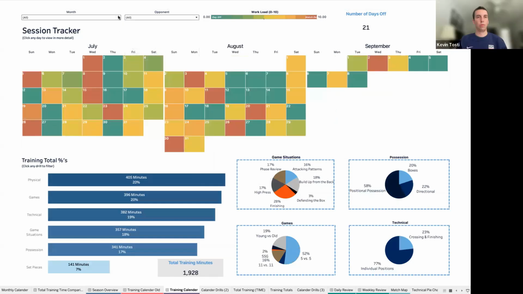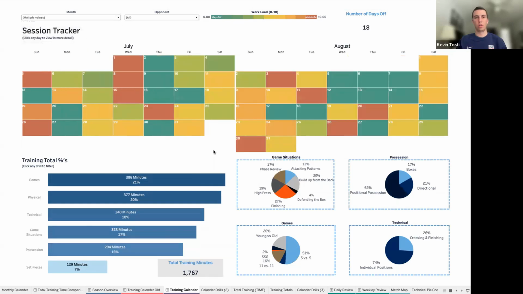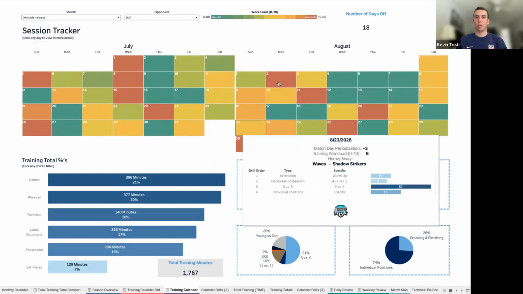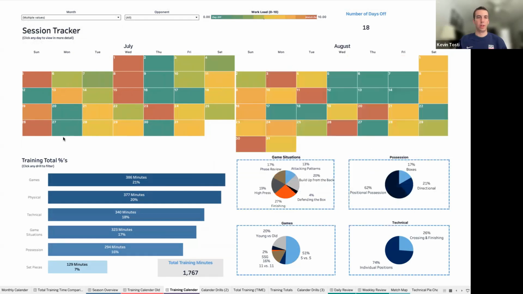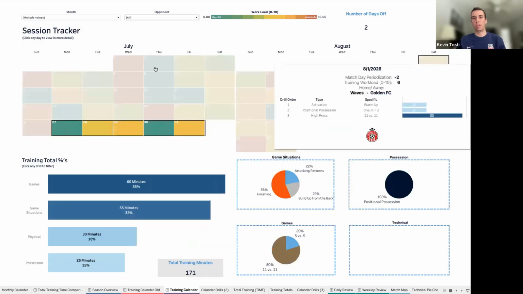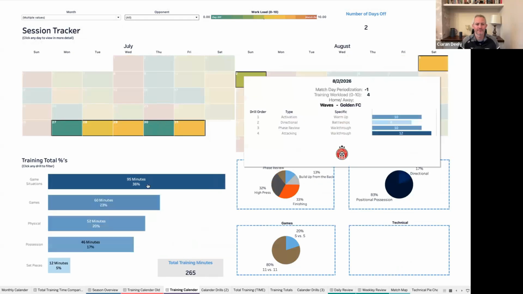Another example, if we just take a look at July and August here, we can see that we have a game on Monday. And if we just want to take a look at what we did leading up to that game, I can highlight those days.